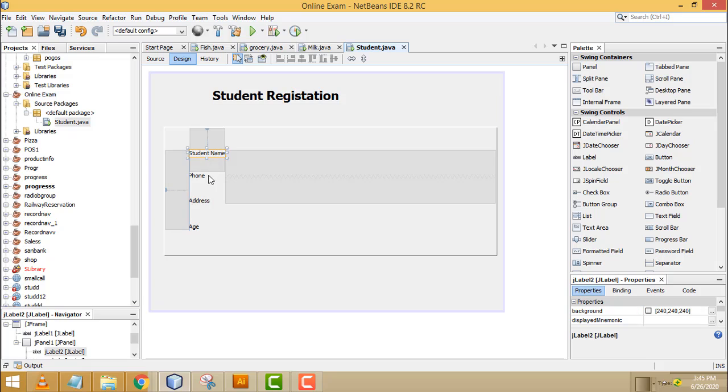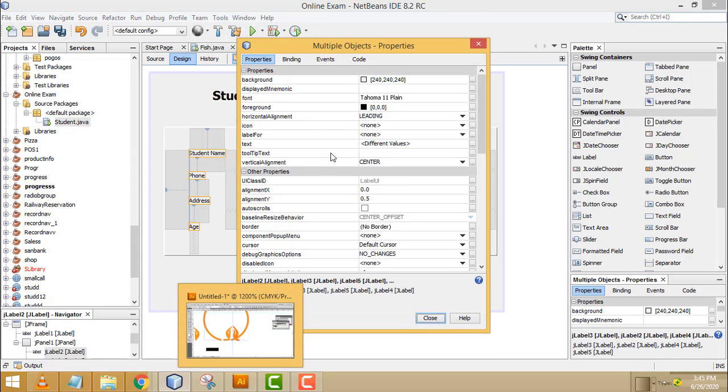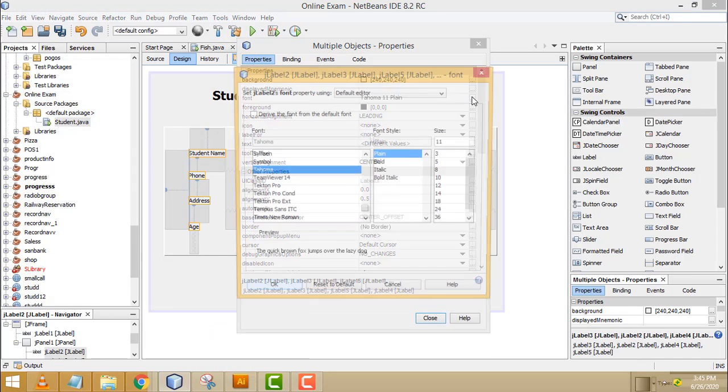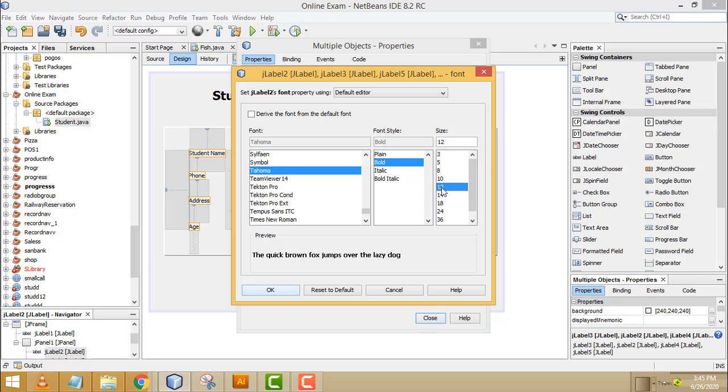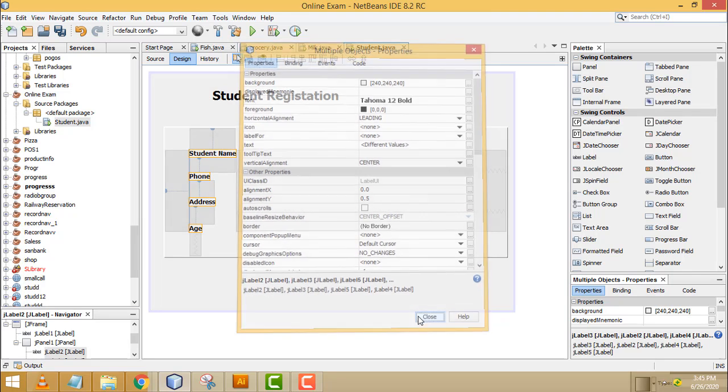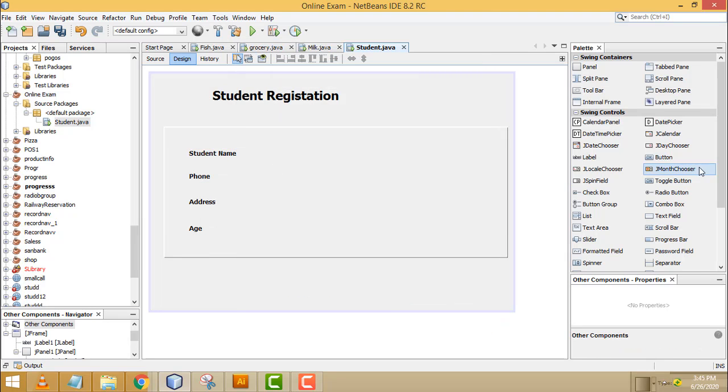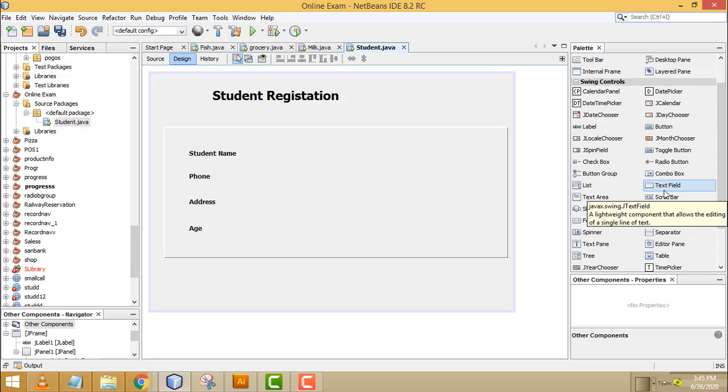Now hold down the Shift key and select all of these, right click, Properties, Font, and make it bold 12, perfect. Now let's drag a text field for each label.